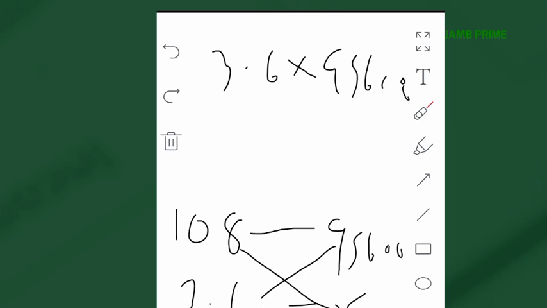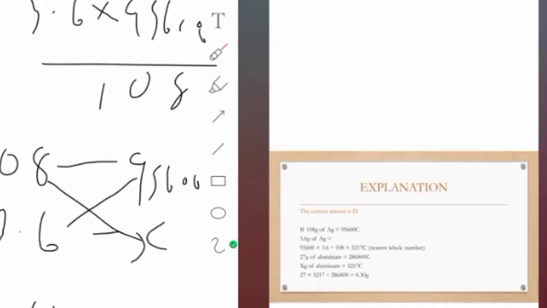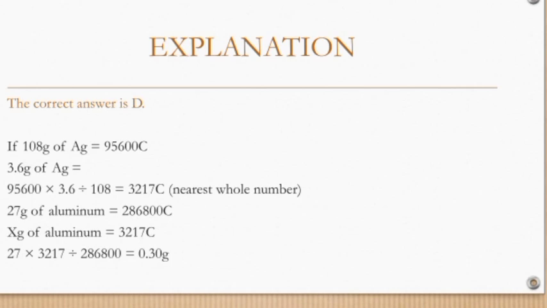You know that if you cancel all over 108, that should give you your answer. But let's see it on our question. So yeah, that is it. So you can see 95600 times, divided by 108. So collecting, doing everything should give you 3217 column. And in the question, they're asking you